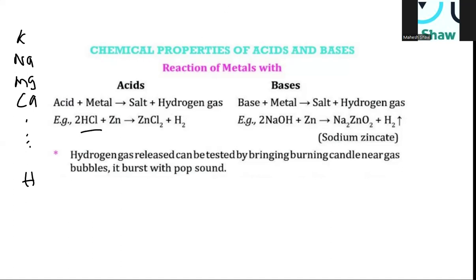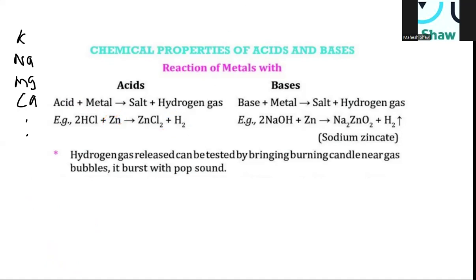But the metals which are below in the activity series, say copper, gold, if I write in order, it should be mercury, copper, and then silver and gold. These metals do not react with acid to give salt and hydrogen gas. So for the reaction with acid, you can take other examples of an acid and metals. The example taken here is zinc. Zinc metal reacts with hydrochloric acid to give zinc chloride and hydrogen gas.